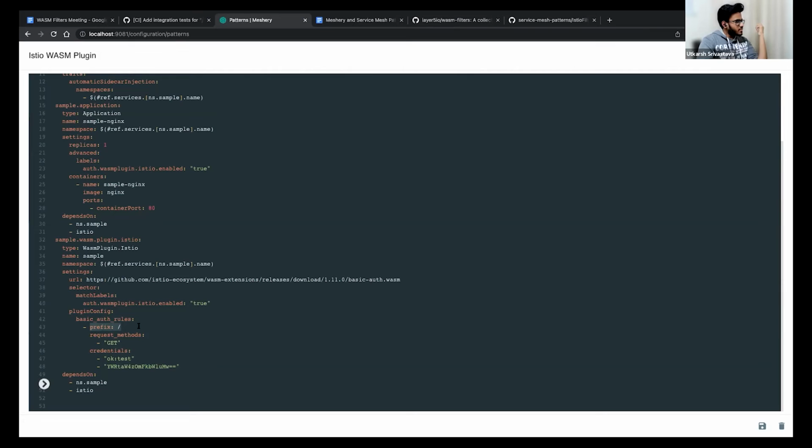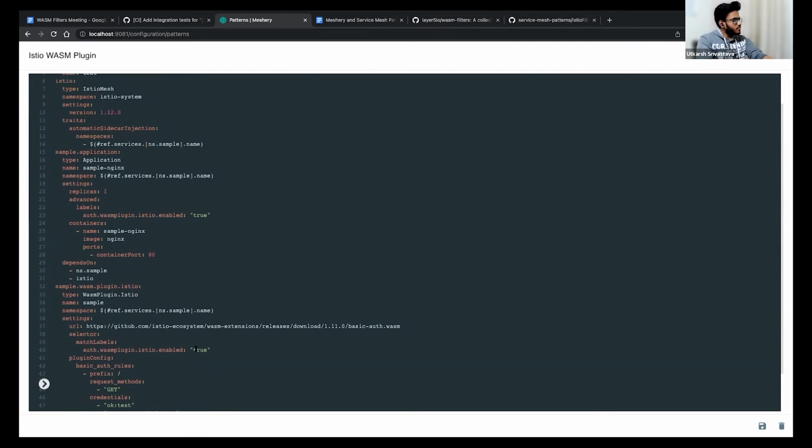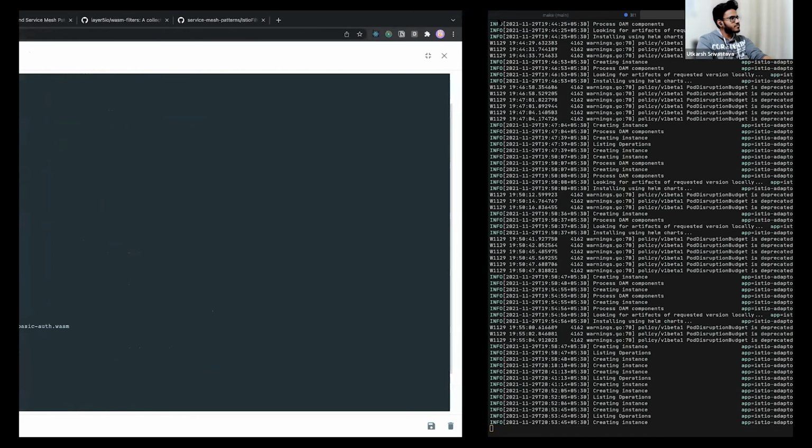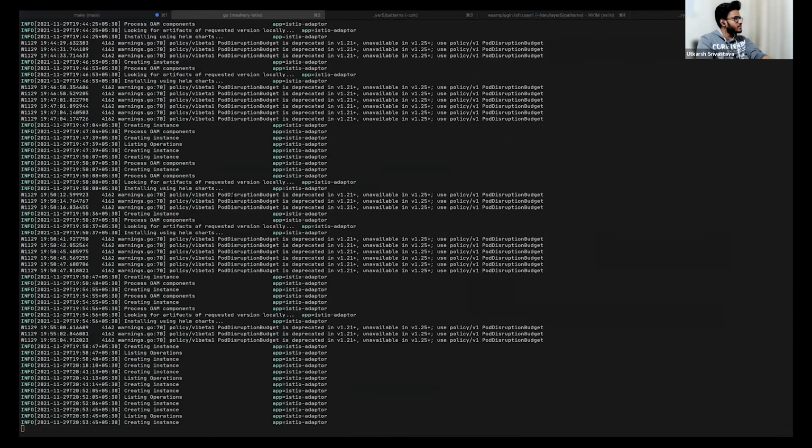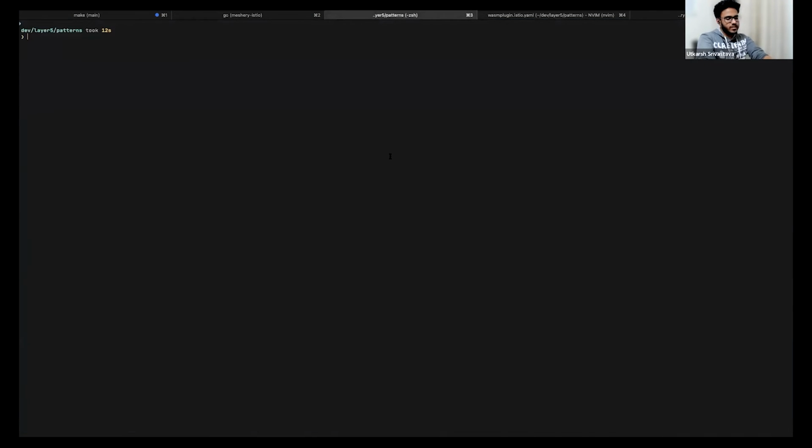What I'm saying here is that any request that has this particular prefix, if the method of the HTTP request is GET, then add authentication onto that. And these two credentials are supported. This one is base64 encoded, this one is not. So if I apply this particular YAML, I have the same thing here, and it was uploaded dynamically. So if I do meshctl apply,